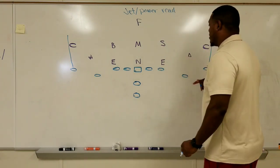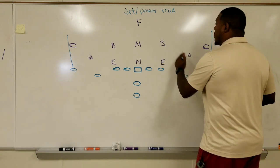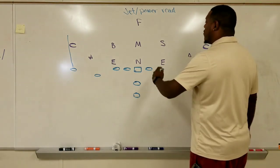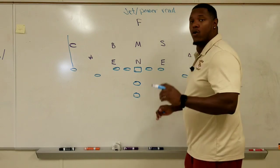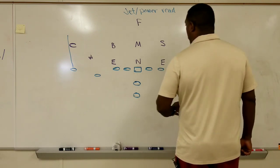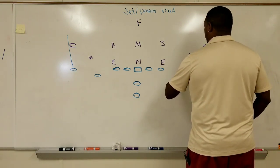Number two is interesting because with the advent of RPOs, people have to pay attention to number two running the route, even if they know it's a run play, because you can never be sure that this guy is not running a slant or whether he is coming to block you. So what we do, and let's say we're running this to the right, we're going to call jet power read right. So number two is going to run